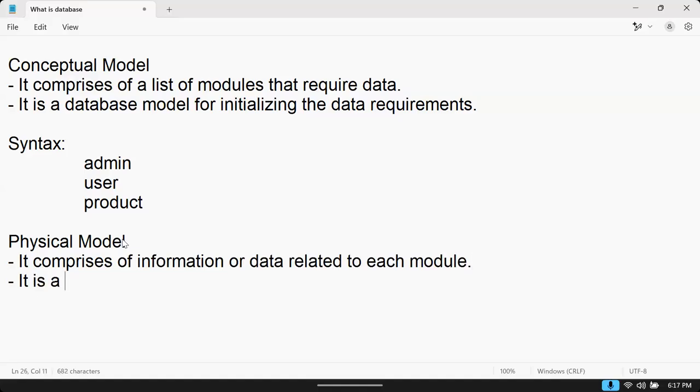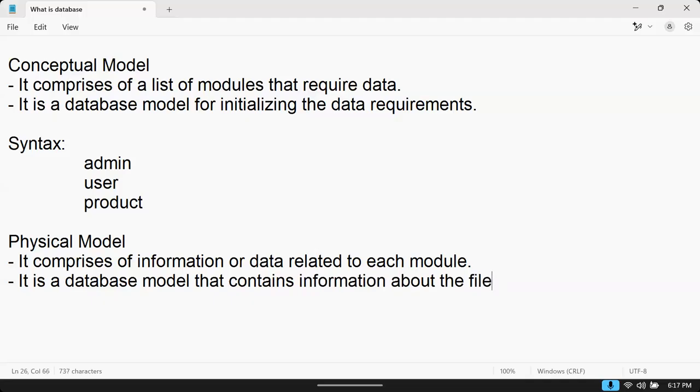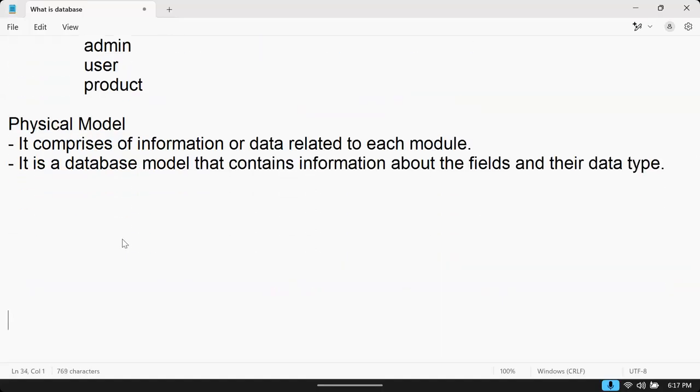It is a database model that contains information about the fields and their data types.